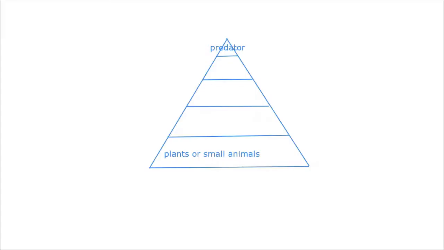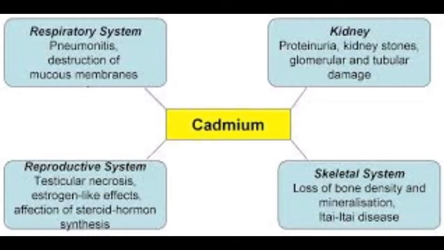For example, the food pyramid. What will happen if the lower part of the food pyramid is decreasing in number? It will slowly affect the food pyramid on the top. As one of the top predators of the food chain, we are actually consuming those pollutants such as lead, cadmium, and PFAS.